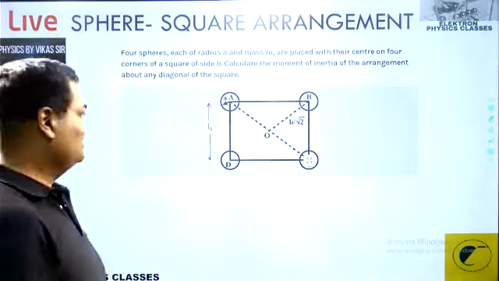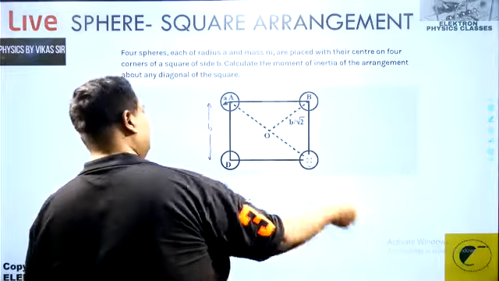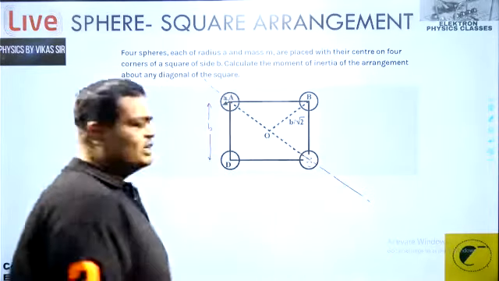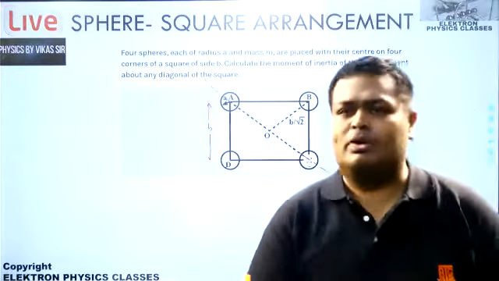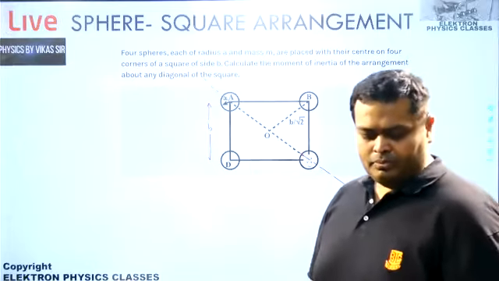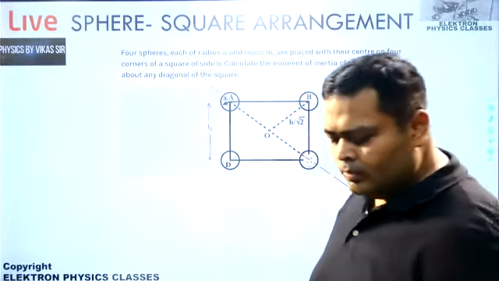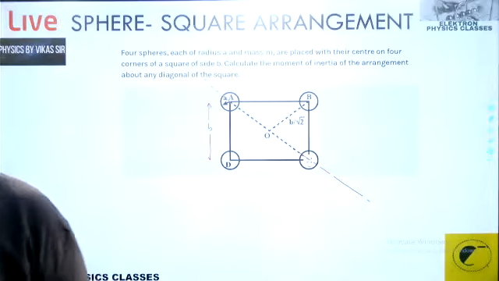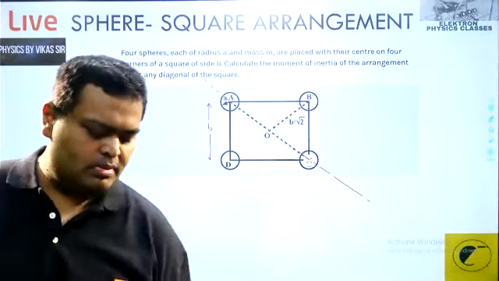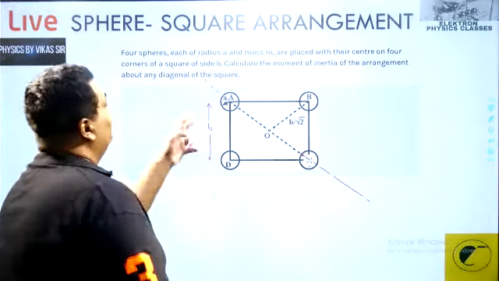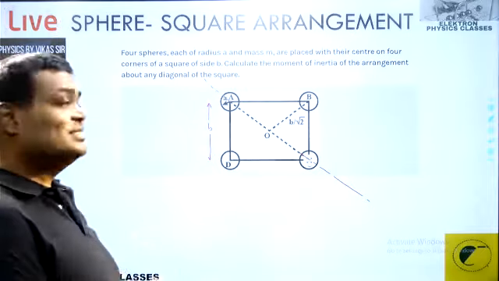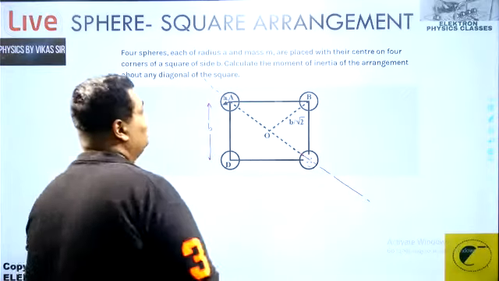So any diagonal. This diagonal, anything which works for you. This diagonal, this one. So you need to find the moment of inertia about this. Please try it out. It's a pretty simple one. Options are not there, so you take time. When the options are not there, you have to write it out in text.